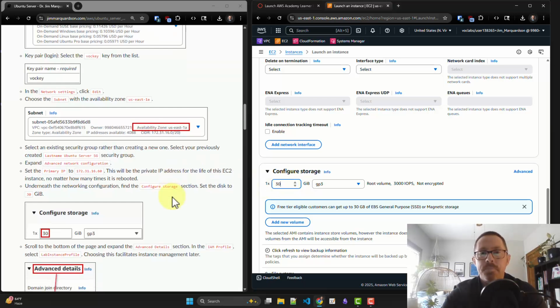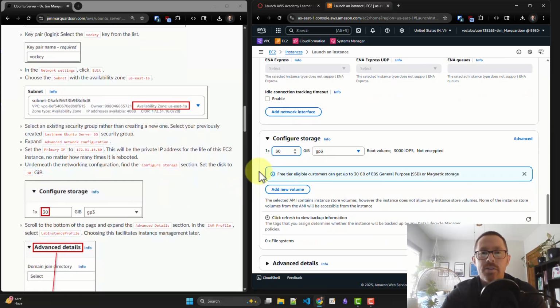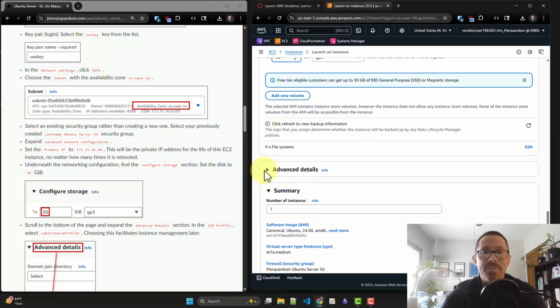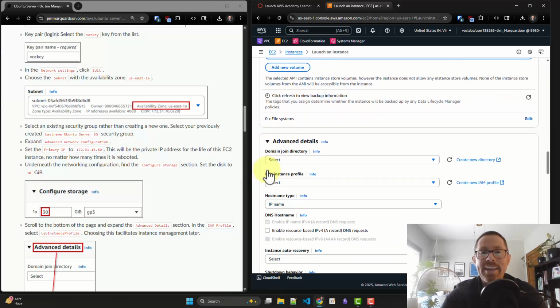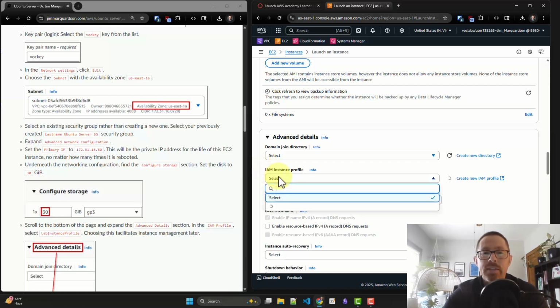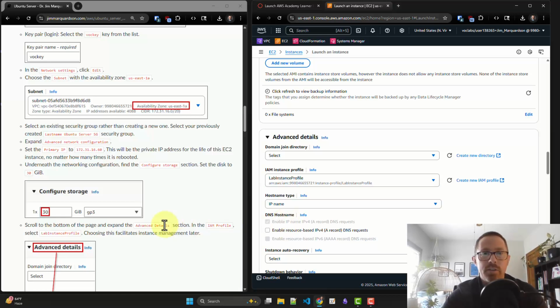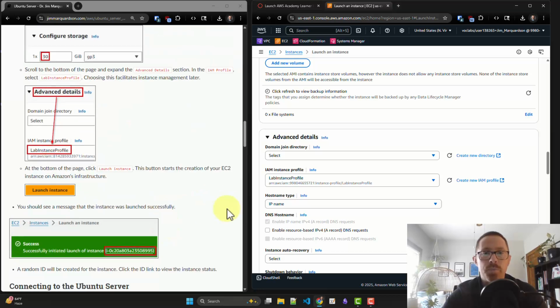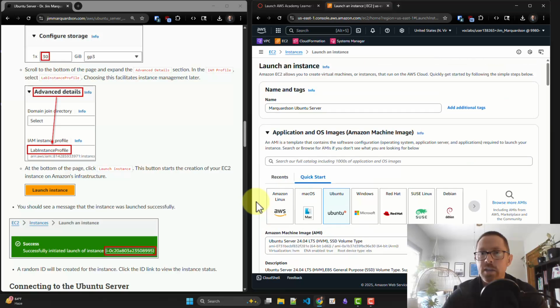So that'll be good. Scroll down even more, expand advanced details, and the identity and access management instance profile. Select that lab instance profile. And that's all we need to change. It'll be good to go. But before I launch that instance, I'll just go through the settings one more time just to make sure everything's